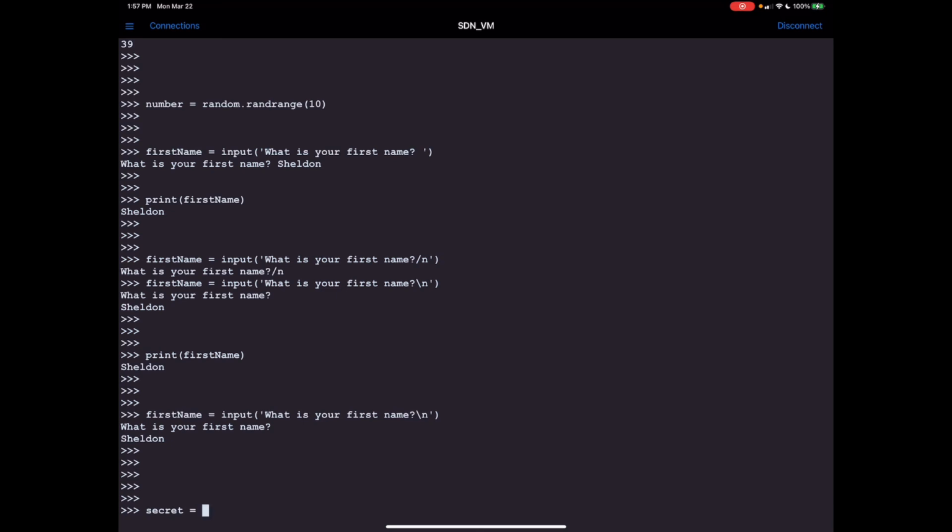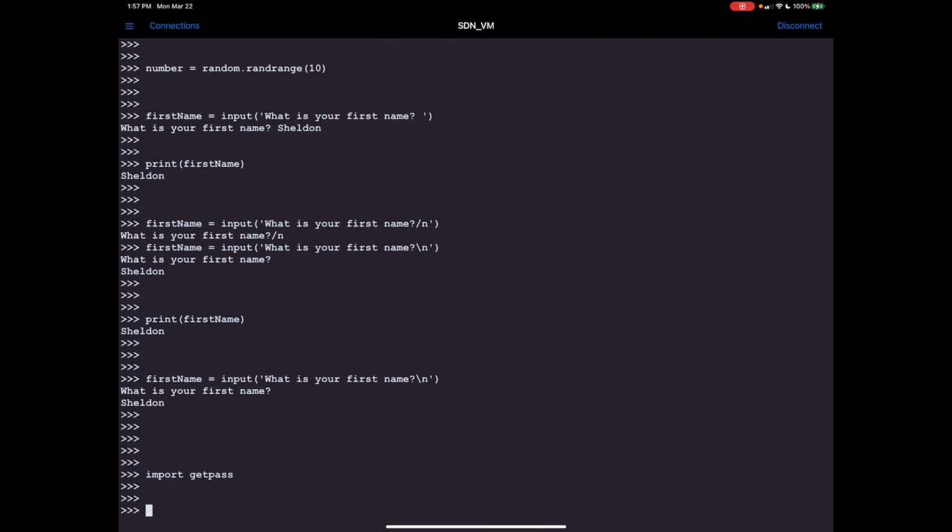What you would want to use is, actually, I do need to import getpass for that. That is another built-in module, so I'm going to import getpass, and then I'll do secret equals getpass dot getpass method, and